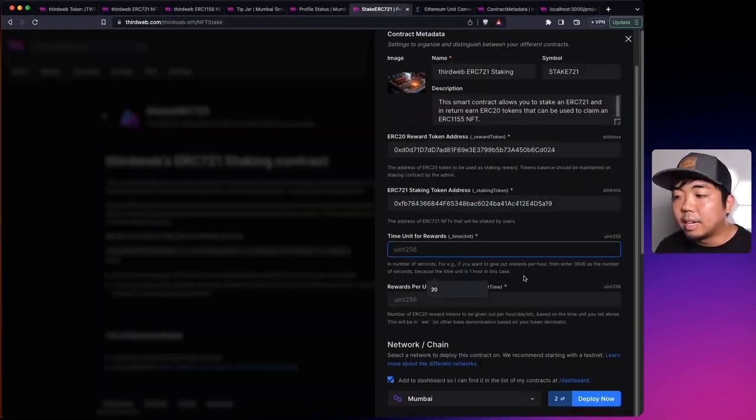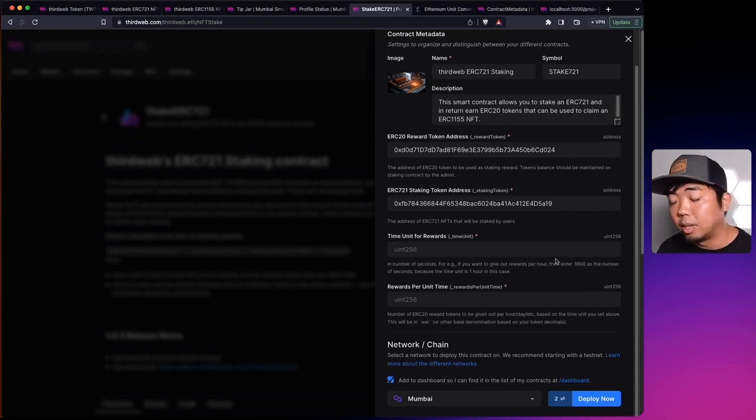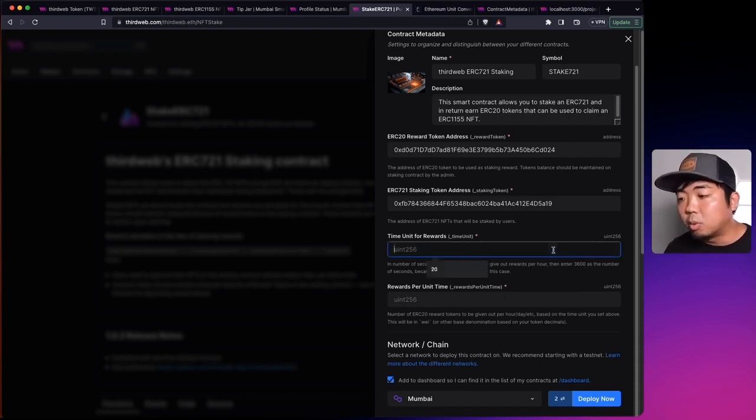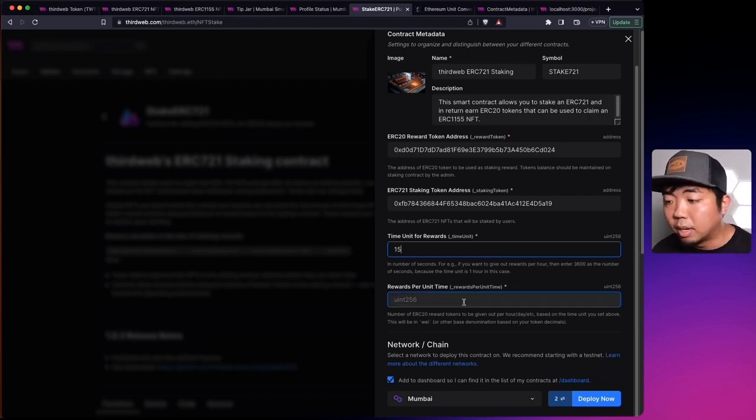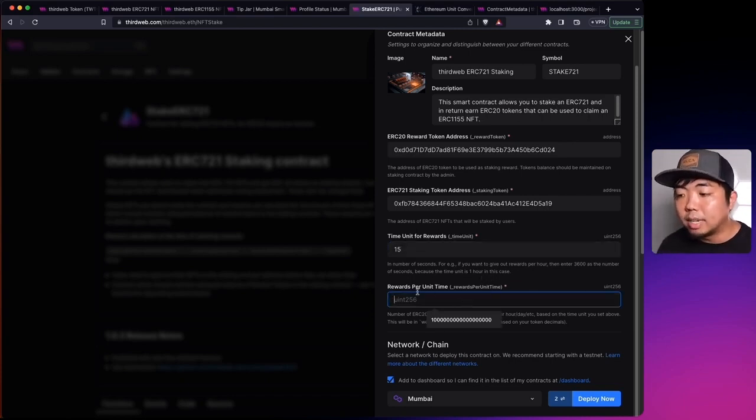Now the next one down here is time unit for rewards. We can read the description here, and it says that this number is going to be in seconds. And an example is if we want to give out our reward per hour, then we'll have to enter 3600 because that's how many seconds are in 1 hour. Now we're going to do this reward just like how we did the other one, which was 15 seconds. So every 15 seconds, we're going to give out a reward. And we'll specify how much that reward is down here in the reward per unit time. So in here, we're going to say every 15 seconds, how much of a reward is that token going to